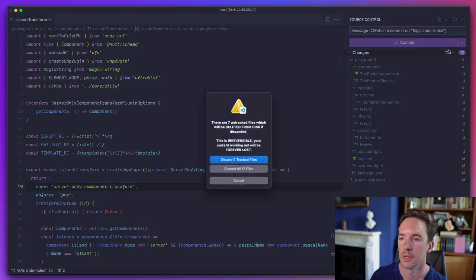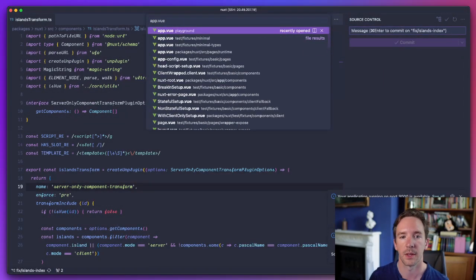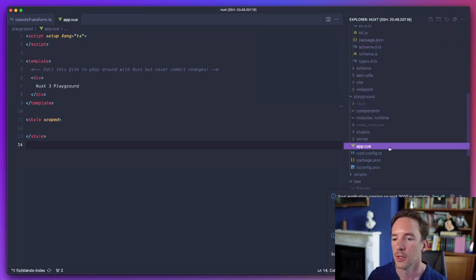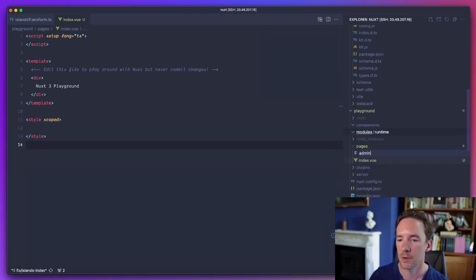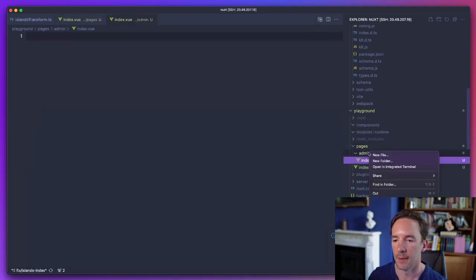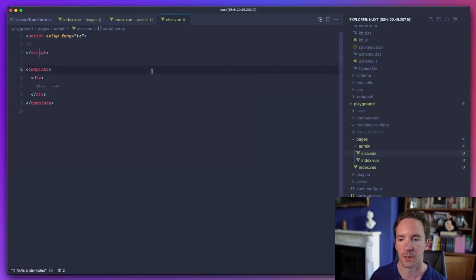So let's just discard all these files and show what you could do. Imagine you had a pages index file, and you also had an admin directory, and it had an index, and maybe something else, and you want to apply a middleware to everything here.